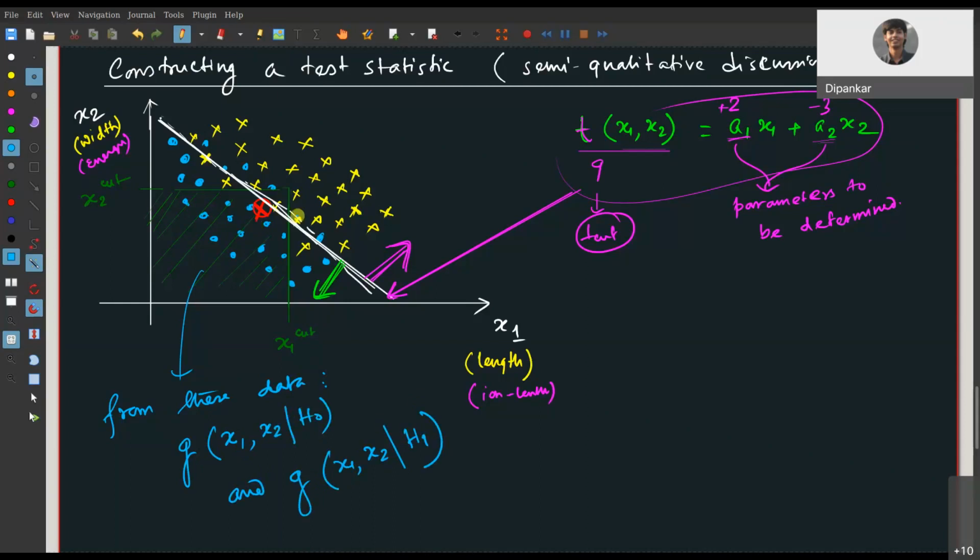Okay, now if I define this T to be a1 x1 plus a2 x2 with a1 equals plus 2 and a2 equals minus 3. For this moment, just accept that someone has told me that a1 equals plus 2 and a2 equals minus 3. Then if I define my t as a function of these x1 and x2, then I can convert